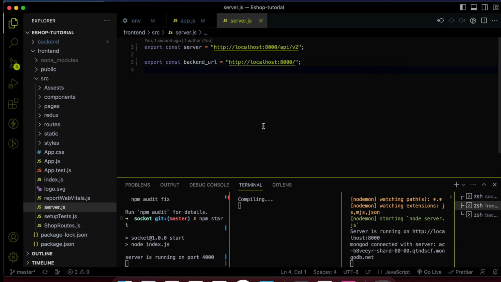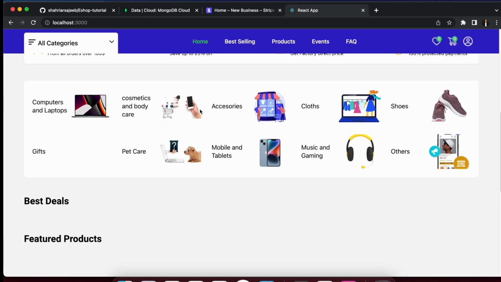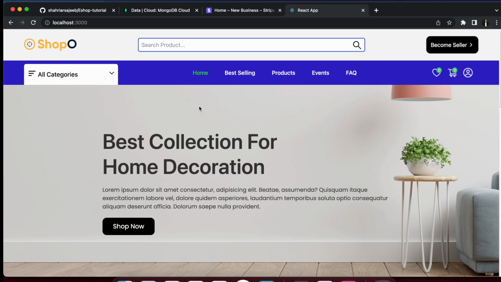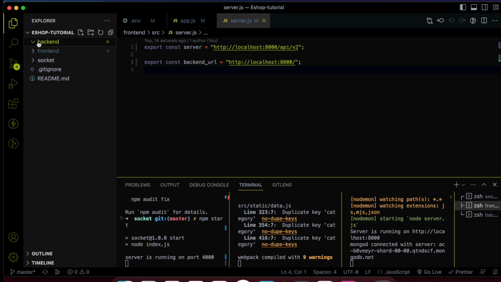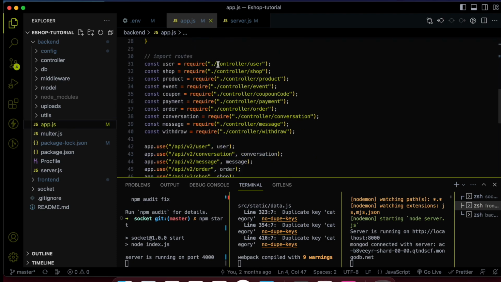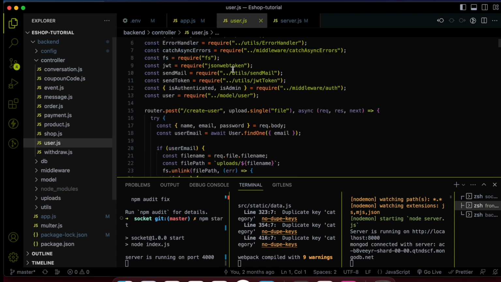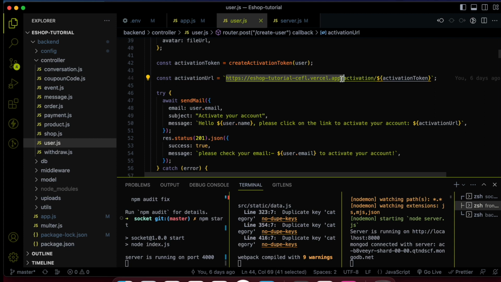Perfect. So done. And right now if we go to our website, then notice everything is here, but it's null. Okay, why null? Because we don't have any user, that's why. So simply come in this backend, right now we don't have any user and any data, that's why it's totally empty right now. Okay, so simply go to this user controller. Then from here we need to change this live URL to our local URL right now,